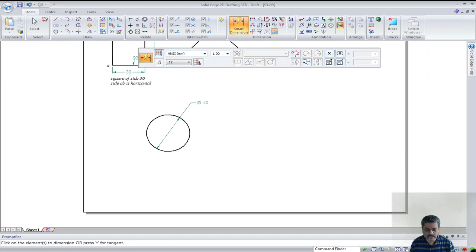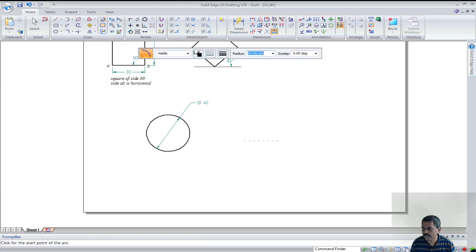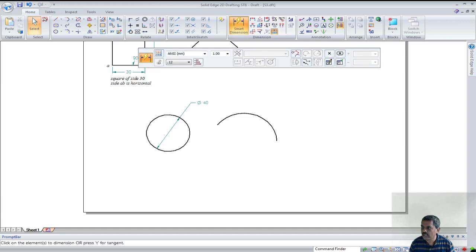Can you see that? Similarly, you can also draw an arc by center point method. So you can pick up the radius, say 30 mm, and then you can also enter whatever the sweep angle. So you can see this is the angle, say 145 degrees. So automatically either you can draw with respect to horizontal above or below, you can pick up the other one like that. So this is an arc of radius 30, subtending an angle of 145 degree. So that's how you can draw the basic entities.